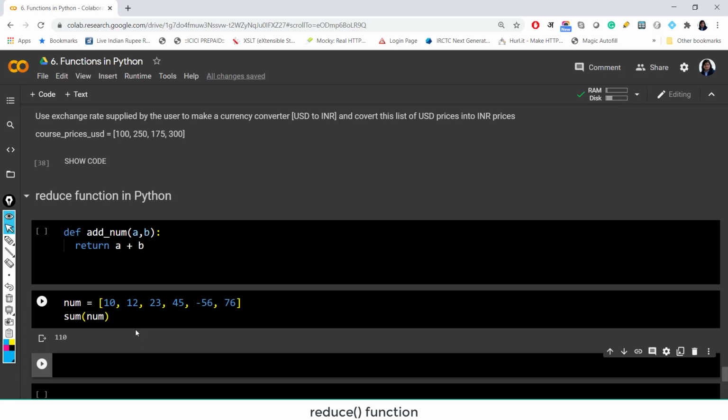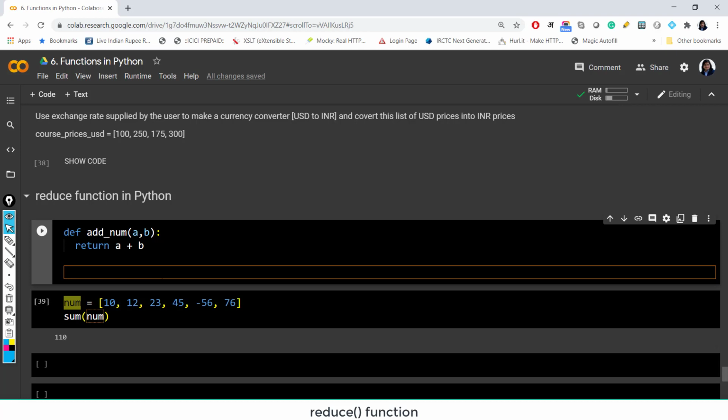So maybe you can use a for loop. If you use a for loop, how would you do it? I will leave this task for you. Use the for loop to find the sum of all these elements in the list, and that's very simple. But you need to store those results, so maybe you will create an empty list and then you will iterate through all the elements in the list and do that. So I hope that kind of for loop you can do.